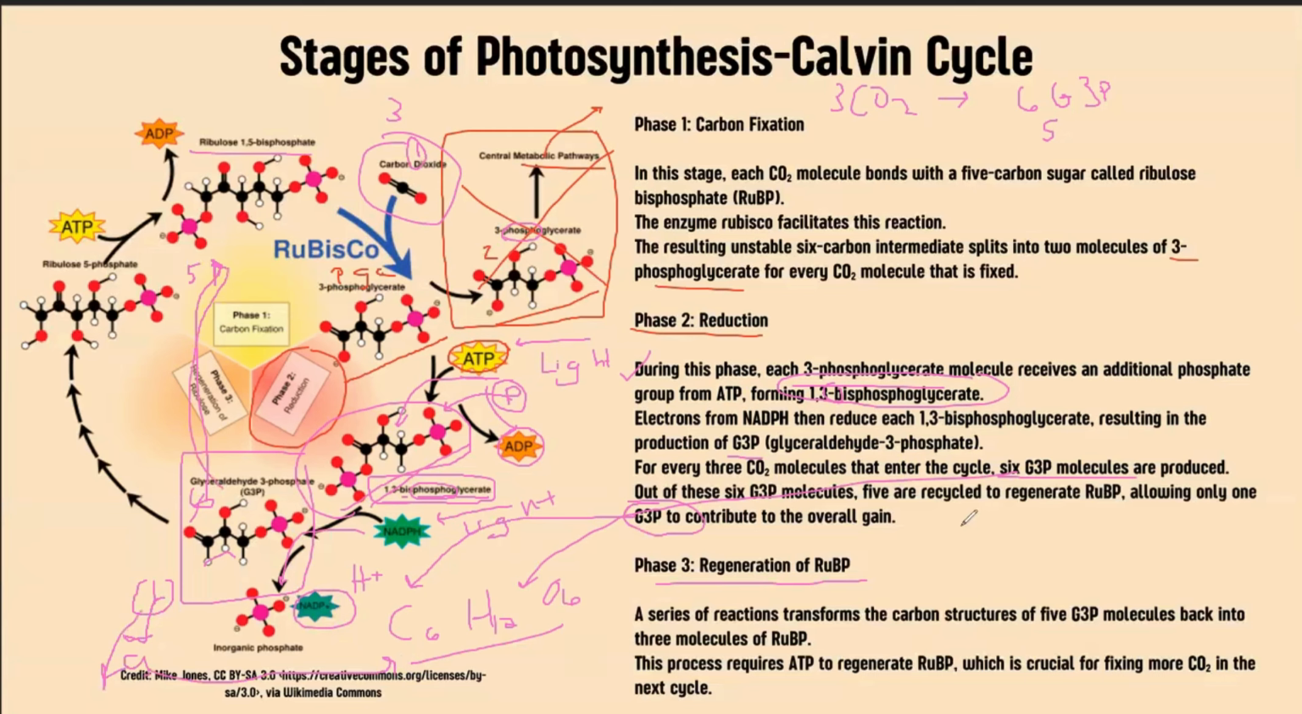Now, let's talk about that third step of regeneration. Remember we have the 5 G3Ps from here. That is going to be rearranged to formulate our RuBP with the addition of ATP. So what I mean by that is essentially we have ribulose 5-phosphate, and we need to add additional phosphate to create the RuBP. So the end product that we want is RuBP,